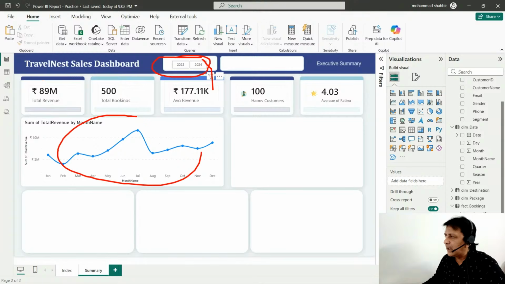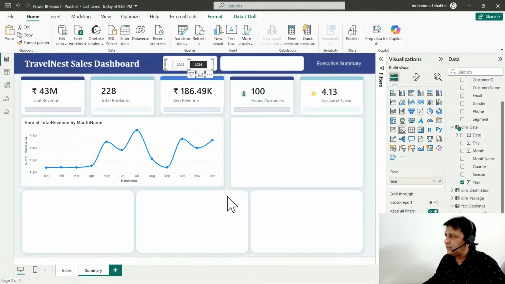idea how you are performing. So let's say if I select 24, I still want to see how my 23 is going on. So do it again, okay. So what I did is